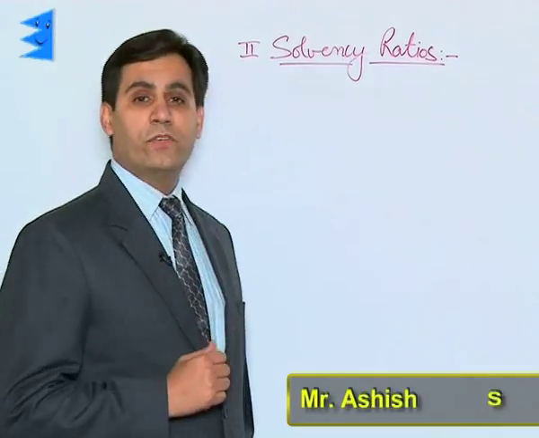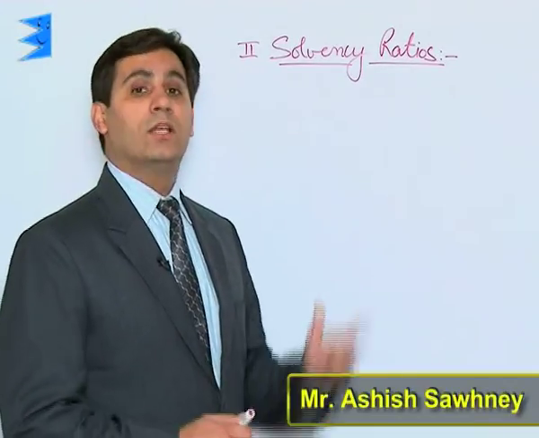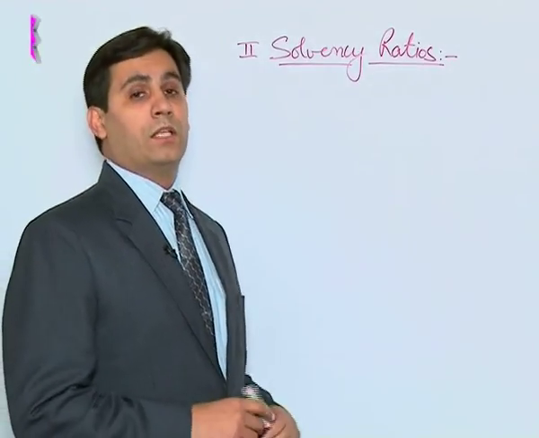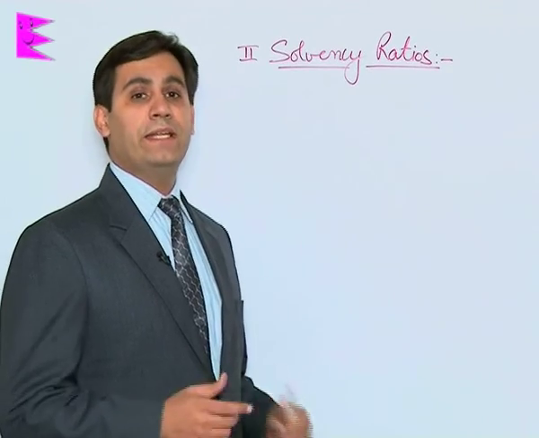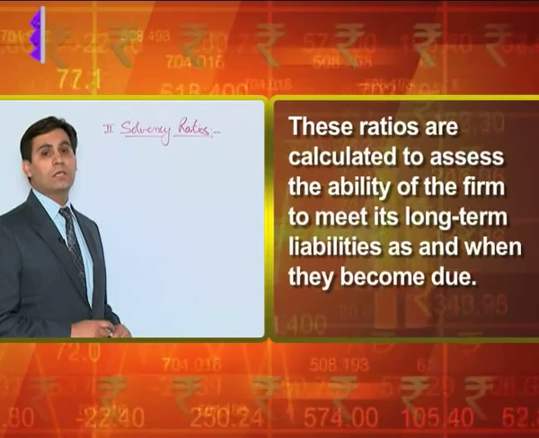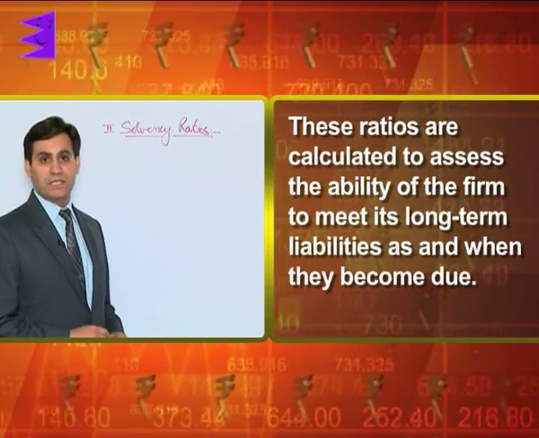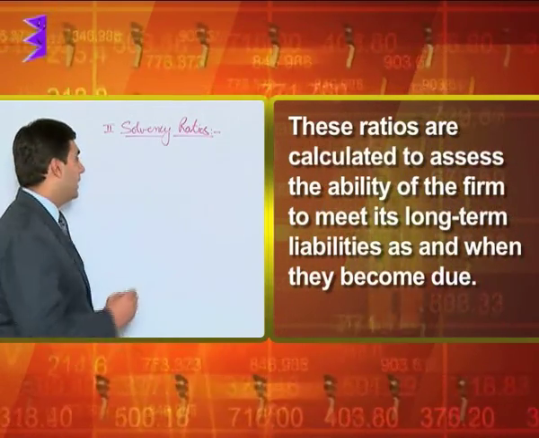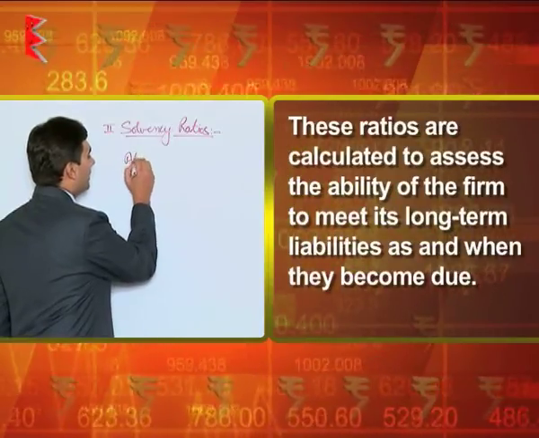The second category of ratios after liquidity ratios is solvency ratios. Now, what are solvency ratios and what do they indicate? Solvency ratios comment upon the long-term financial stability of the business. That is, they comment upon the ability of the business